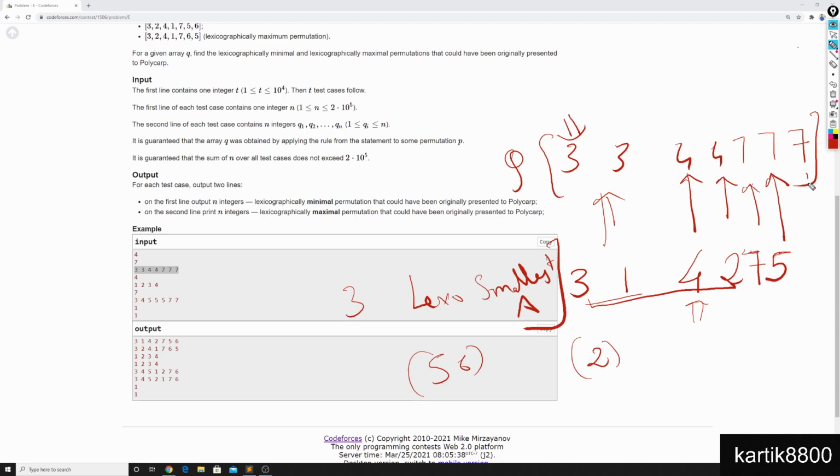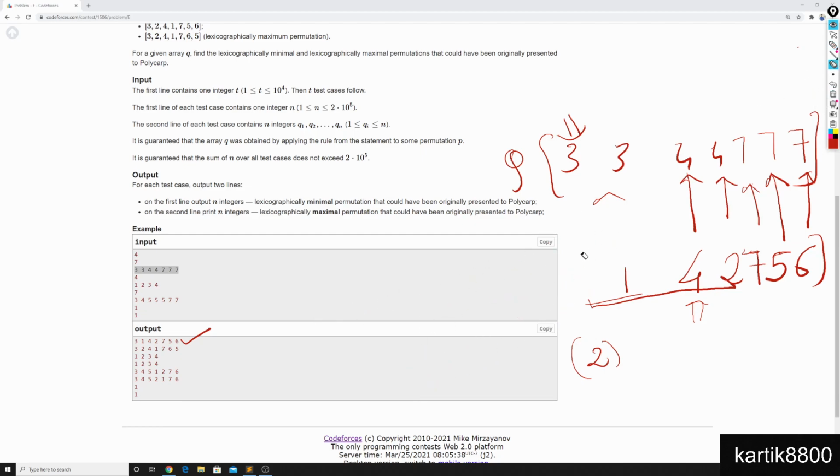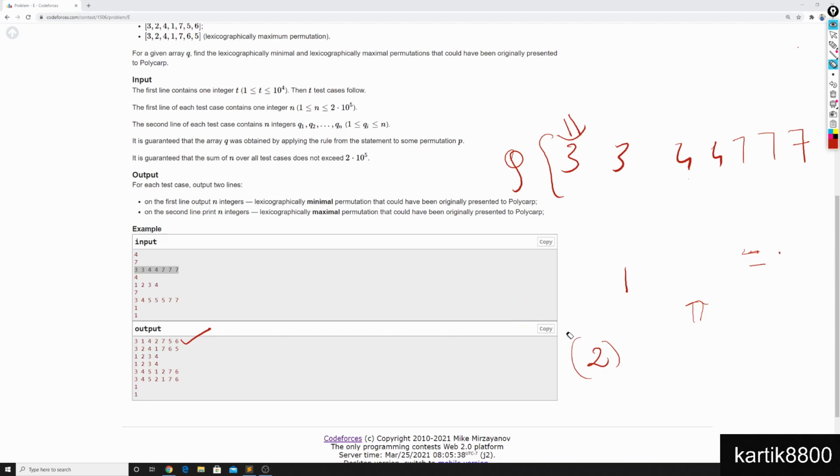And finally, at this position, I'm just left with one single number that I haven't used among the first 7 natural numbers, that is 6. So let's put in a 6. And you can see our lexicographically smallest array is ready, which is the same as predicted. This would already give you a very good hint of what the solution is to find out the lexicographically smallest array A. I'll talk in more detail, but this example is really important to make you understand how you can solve the problem. Let's see how to build the lexicographically largest array for this array.